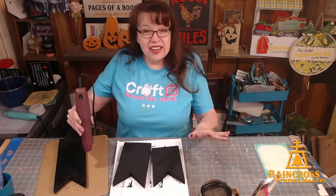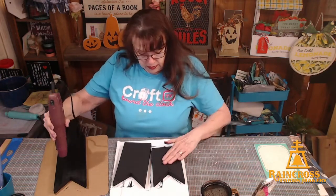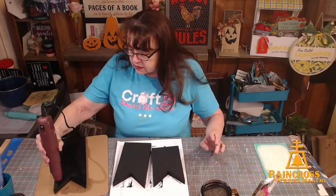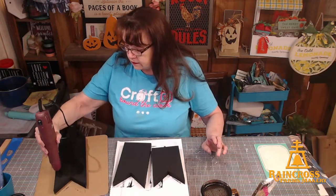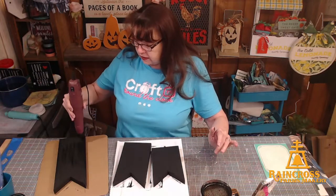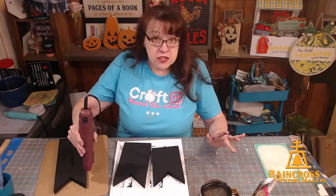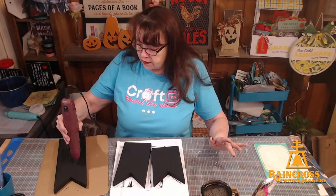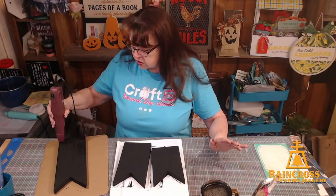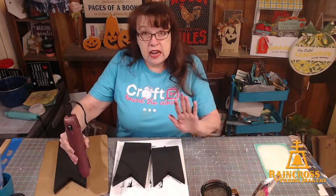Okay, so quick dry. That didn't take very long. And for the most part, this is good and dry. And then we're going to sand off a lot of this paint we just put on. You don't have to do that, but if you want that rustic look, which is what I'm going for. But if you want a nice, clean, finished look,